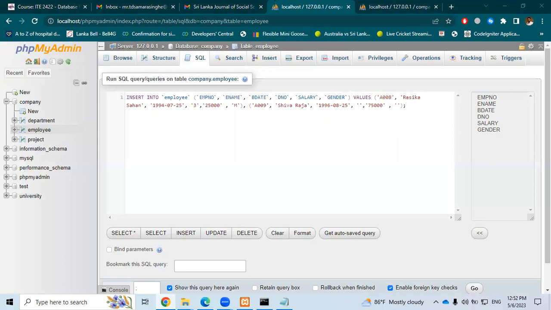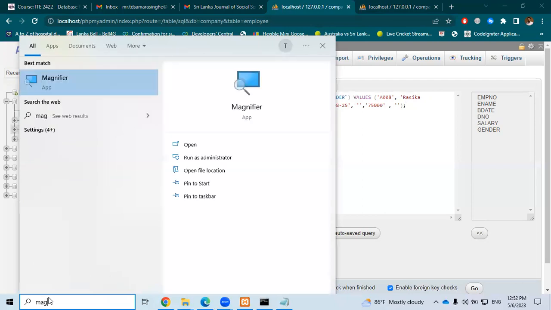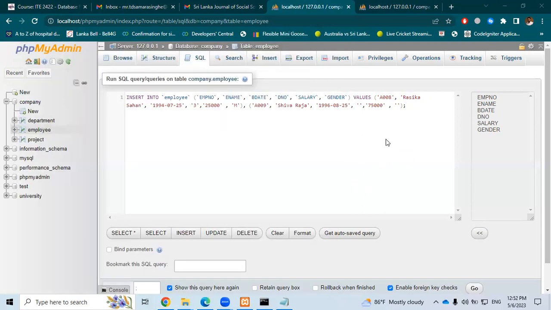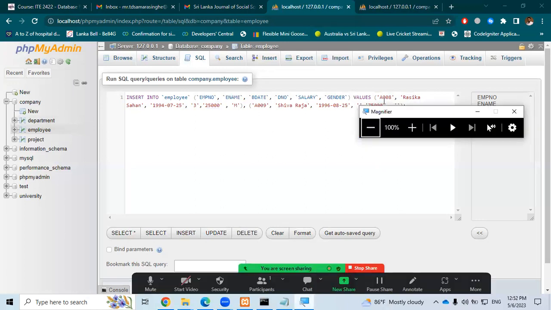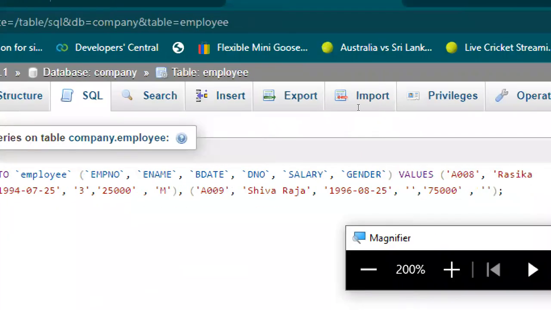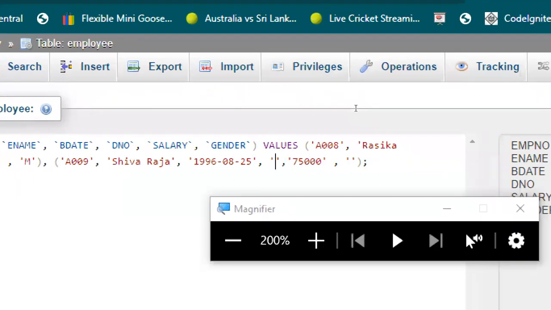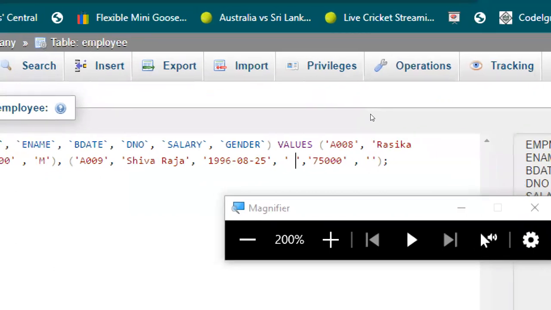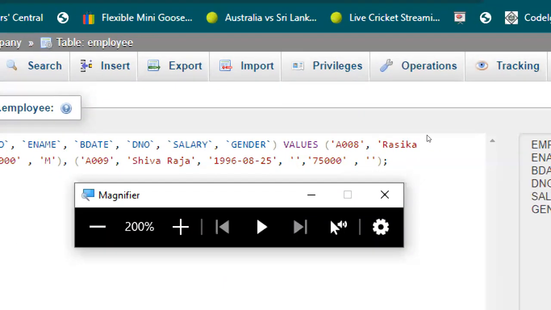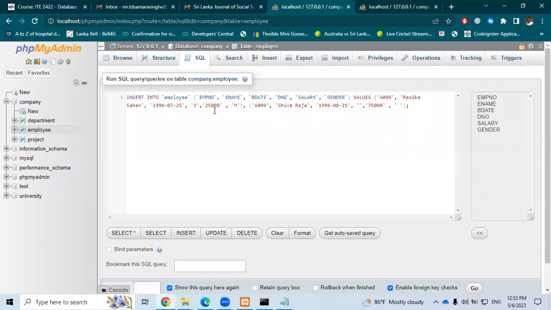Okay. You can see here, if I magnify this, see, I have put a small space. Not a space. I have not put anything here. Just the single quotations like this. Okay, you can put a space, but single quotation like this. Or we'll put a space here, a single quotation like this, and then what I'm going to do so